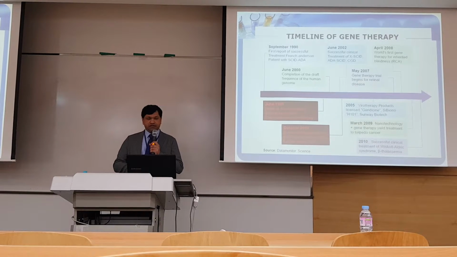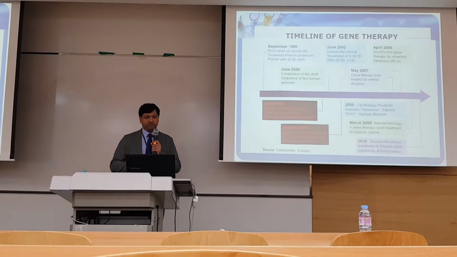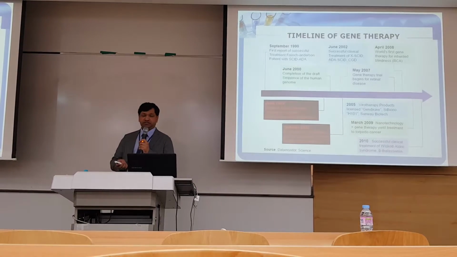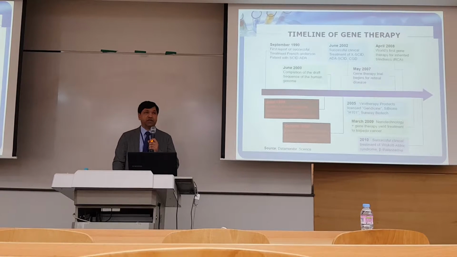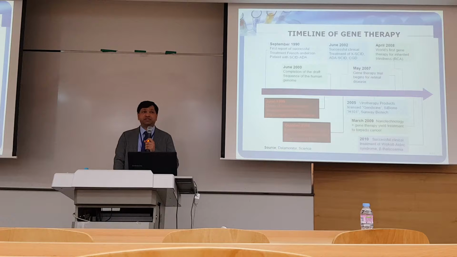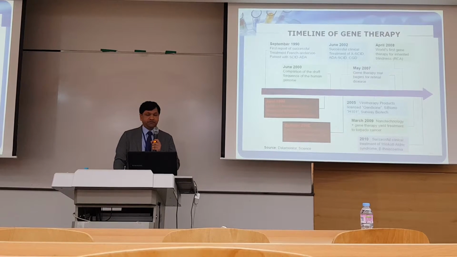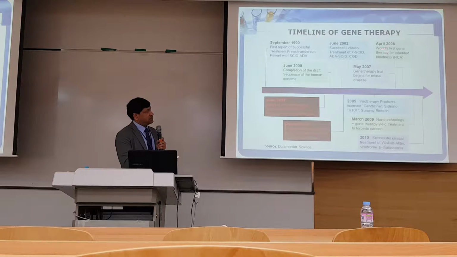Then in 1999 there was another trial, but there was unfortunately a death of a patient, and that's why there were so many precautionary measures being employed or imposed by the government authorities to ensure the safety of the gene therapy in a very effective way. So above this arrow, all these are the successful